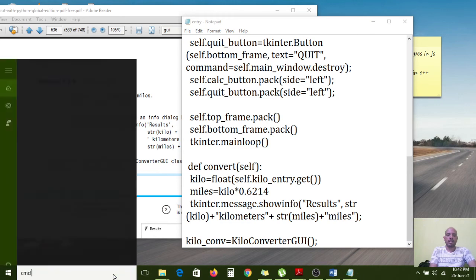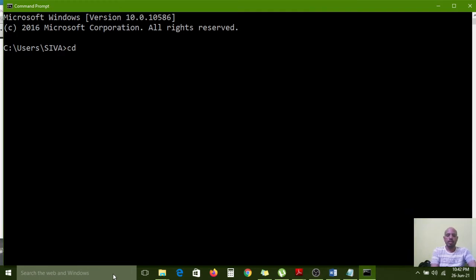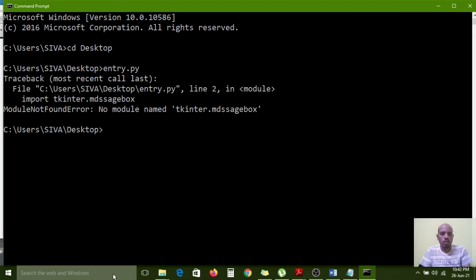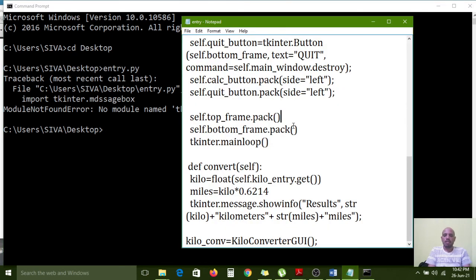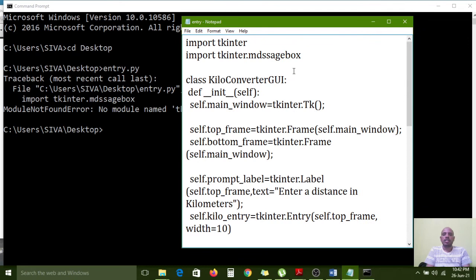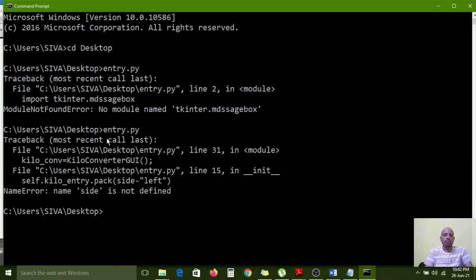Now I am opening command prompt, cd desktop, and executing the entry widget. It shows no module named tkinter.message box. I typed it wrong while importing the message box. Now I am executing again.